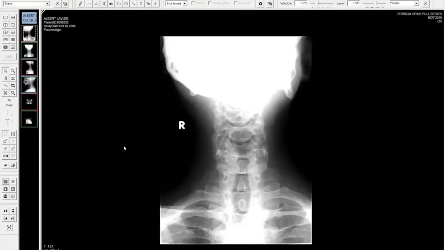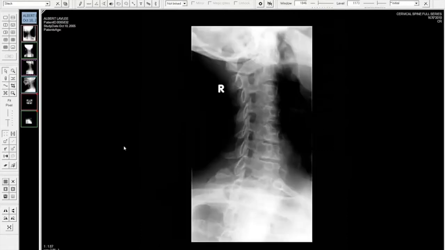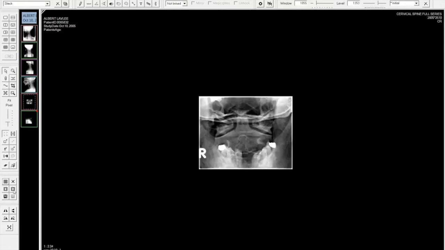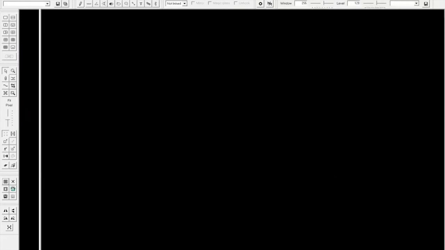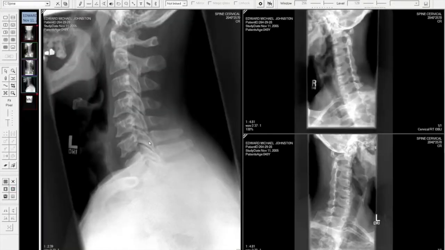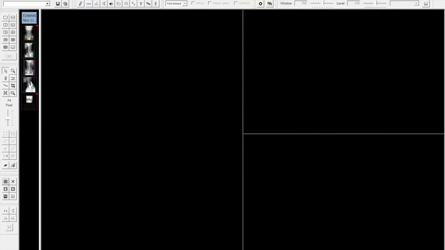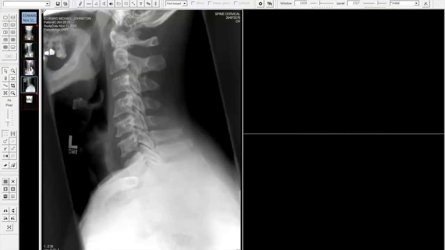So you can see stack applied to this second study as well. Simply going to go to the next study in my work list. Now for this particular type of study, I chose to display it differently. It's still a computed radiography study, but all I had to do was simply choose the format in which I wanted those images displayed,